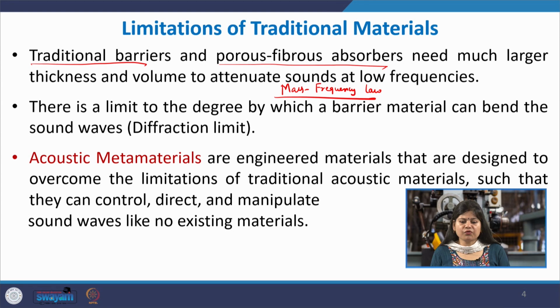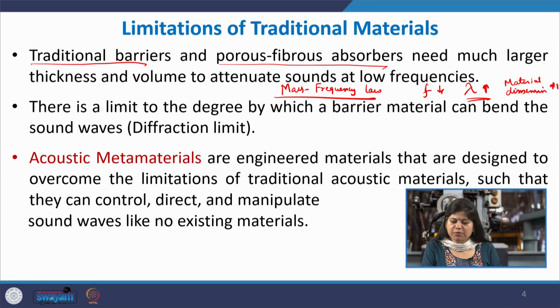Ultimately the conclusion is that in order to attenuate sounds, the thickness of the material, or the net path length that the sound wave takes through the material, has to be of several orders of its wavelength. Several wavelengths must be used in order to attenuate it, and we know that low frequency means a larger wavelength. So, if frequency is low, the wavelength is high, which means that the material dimension or the net length that the sound waves are covering